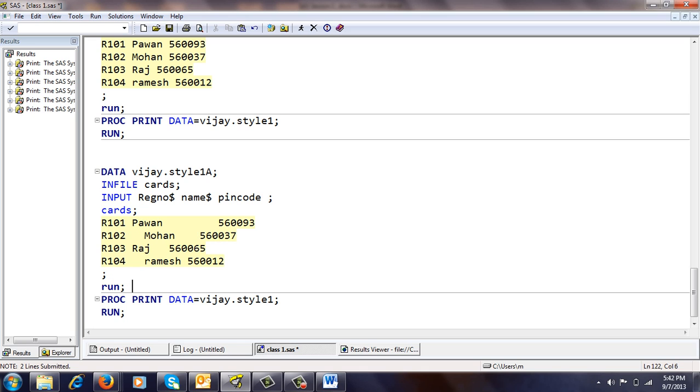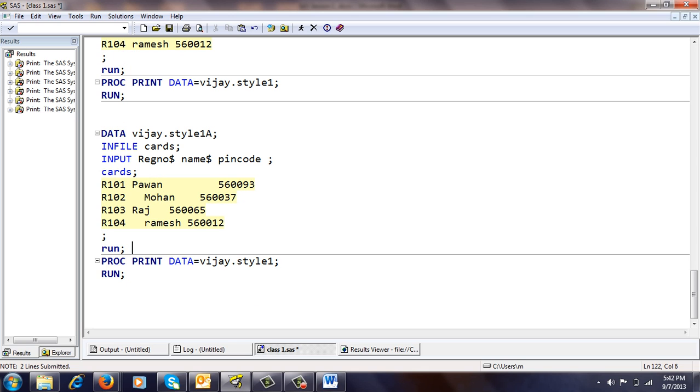SAS is going to take care of all the extra spaces that we gave in the values. As a result, you will get no extra space in the output.